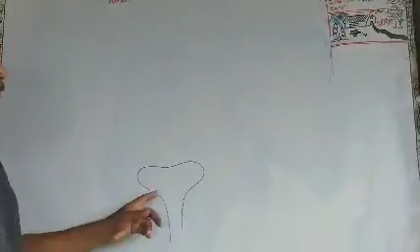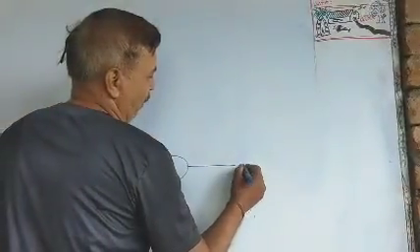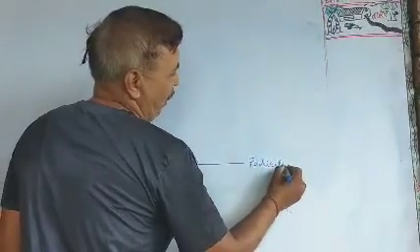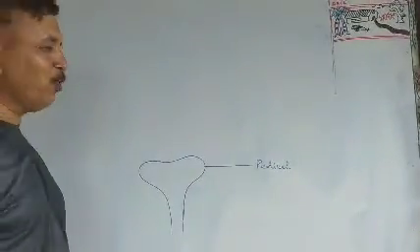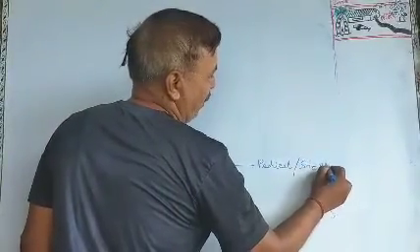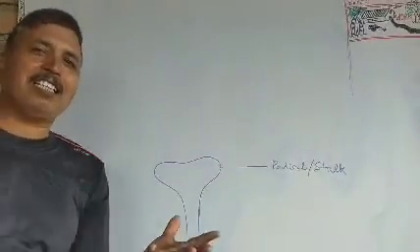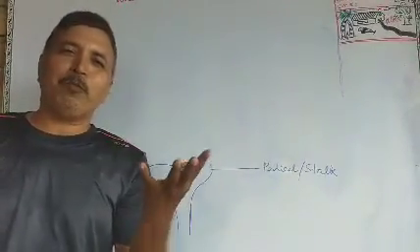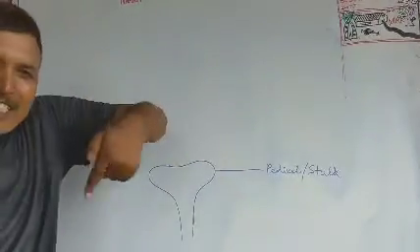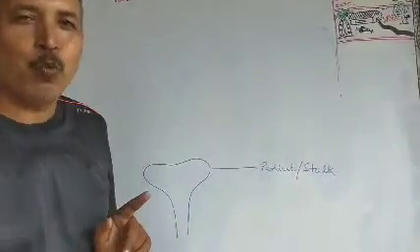Do you remember the name of this flower base? This is pedicel. P-E-D-I-C-E-L. What is the other term we used for pedicel? Stalk. S-T-A-L-K. Stalk. Right? This is a plate-like structure on which the four whorls of the flower are arranged in a circle. Do you remember what you call that circle? The circle is whorl, right?